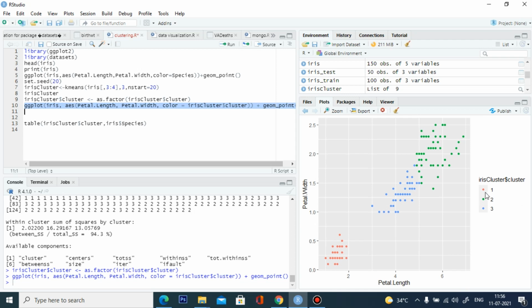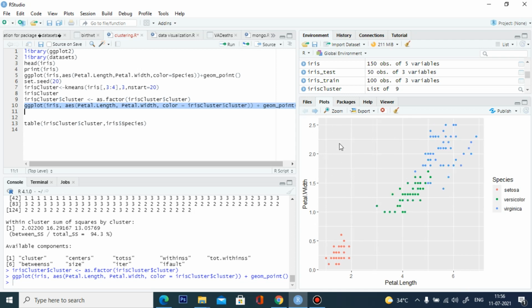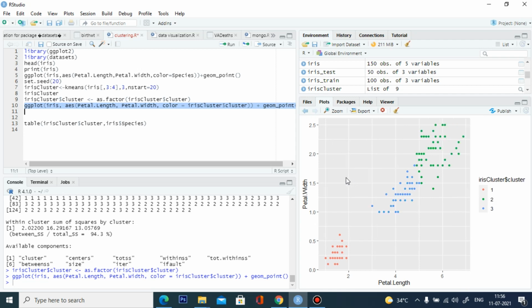The red is cluster 1, green is cluster 2 and blue is cluster 3. We can compare this pattern with our original pattern. This is our original iris data plot, and after clustering, the data is plotted like this.